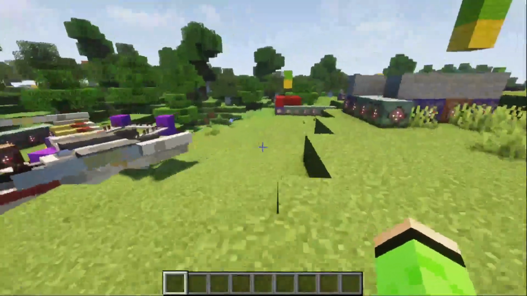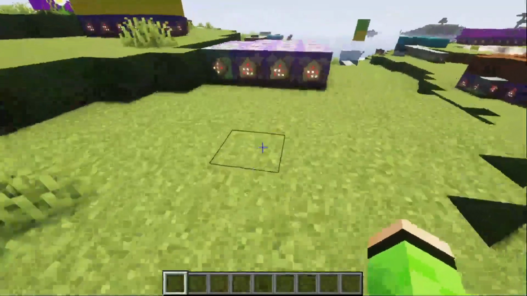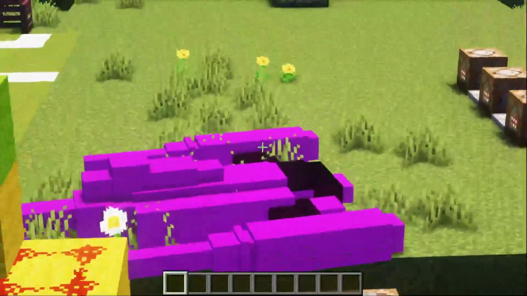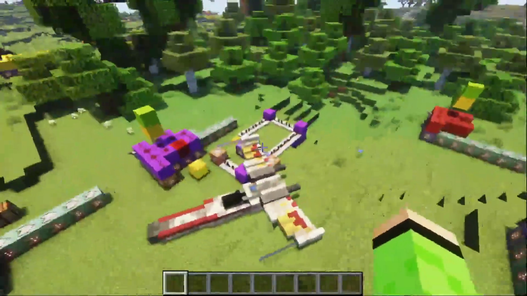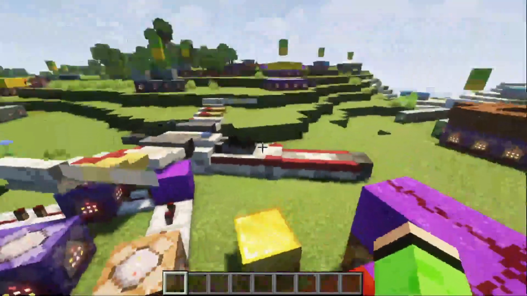So I'm pretty sure that the X-wing has actually got a hyperdrive in it. Now, I'm not completely sure about that, but I also wasn't completely sure if the N1 had a storage space in it, so, you know, it's fine. So basically what I want to do is make it so that you can go into